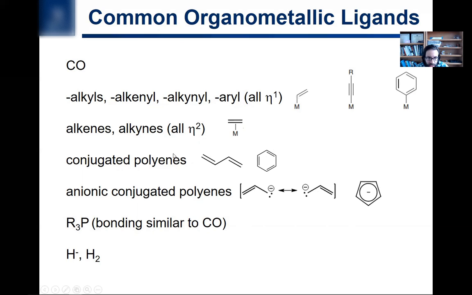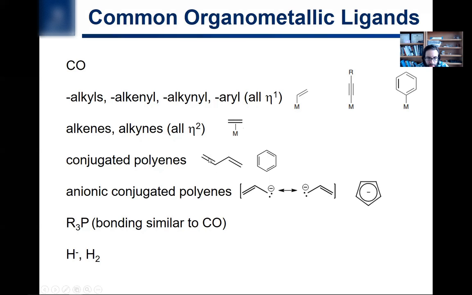Alkenes versus alkynes. These are going to be eta2. These are all eta1. So if I say alkynyl versus alkyne, you know, alkynyl would be a triple bond with a carbon like that, eta1, and just an alkyne is just a neutral. So it'd be negatively 1 charged with this ligand because you remove the hydrogen. This is just a neutral type of alkene bond, okay? So that's sort of the difference there. But the best way really with nomenclature, as you can see in inorganic chemistry, it can get quite complicated. The best way is just to draw the structure, right? And if you can draw the structure, then who cares really about all these crazy names, right?